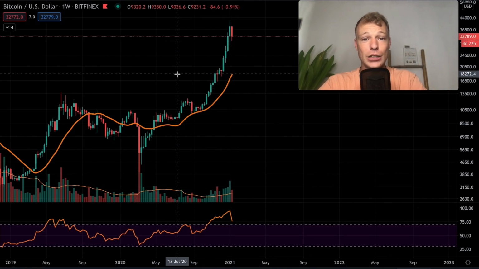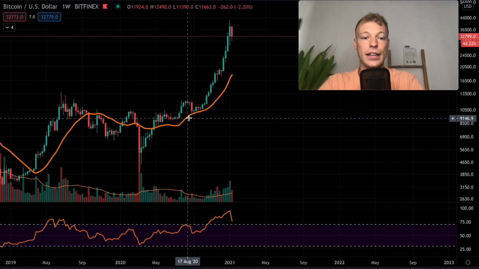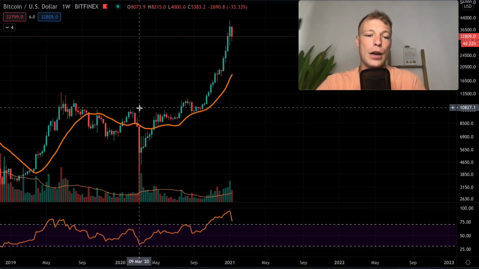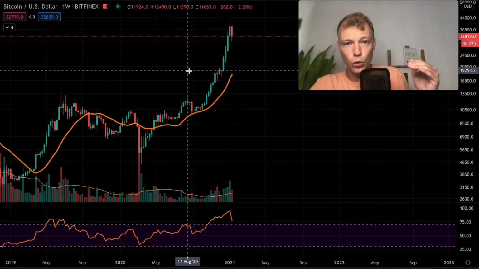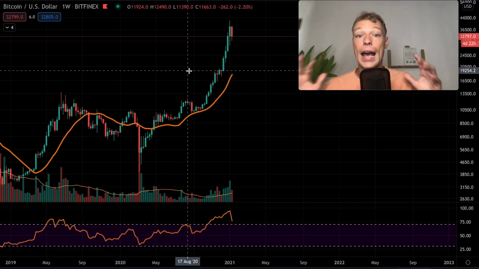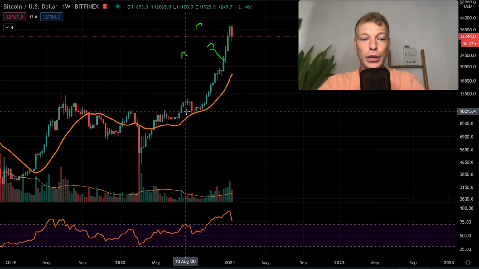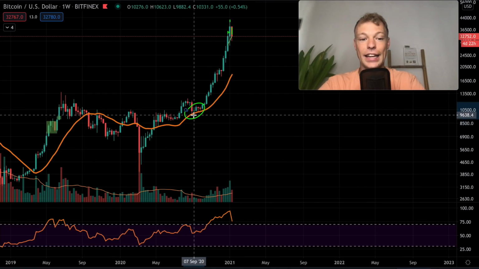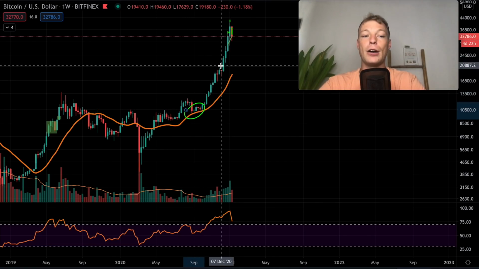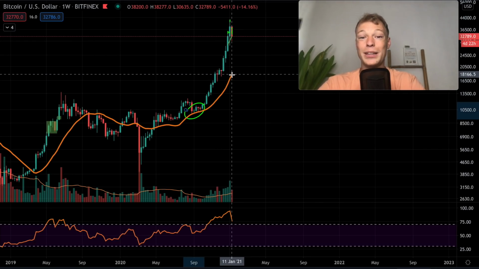Well, first of all, guys, I want to bring out the 20-week moving average, which is the orange line right here. And this is a very important moving average because the price of Bitcoin in a bull market normally is getting pulled back to the 20-week moving average. And when we are continuing this bull trend, it is seeing a bounce off from this level. So guys, you can see it right here as well. We got pulled back to the 20-week moving average and this level has been acting as support. And from this level, we have been bouncing and starting this rally, and right now this level is at approximately